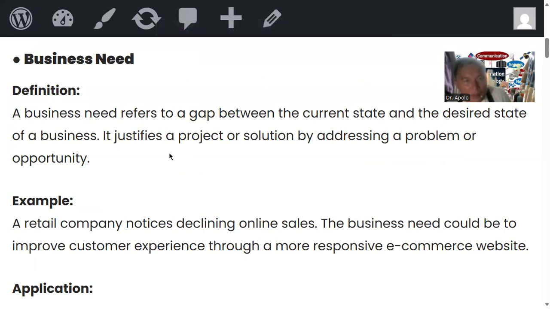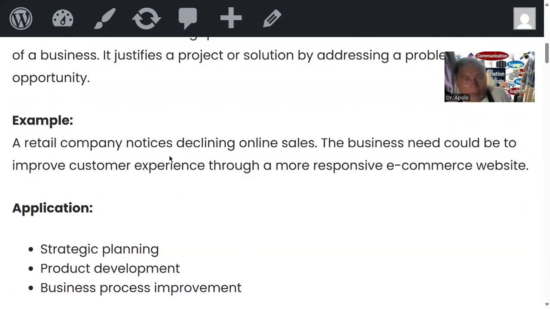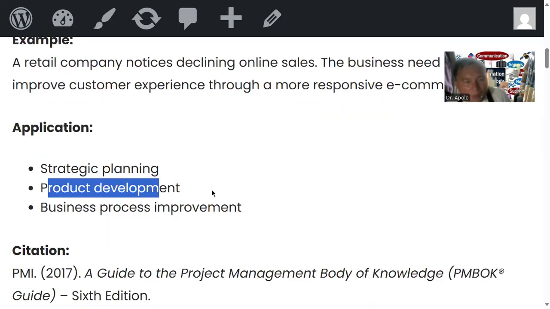They justify a project or solution addressing a problem. Example, a retail company noticed declining online sales. The business need could be to improve customer experience with a more responsive e-commerce website. So this is more on the business side. The application is strategic planning, product development, IT, business process improvement, the speed and interface.